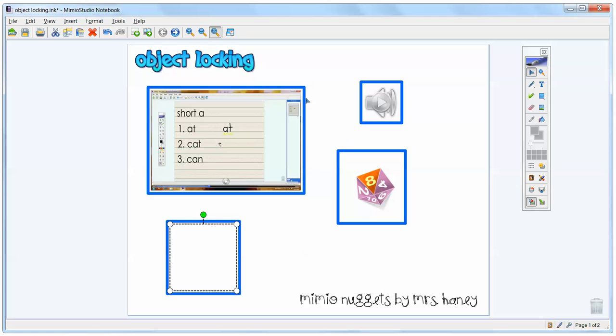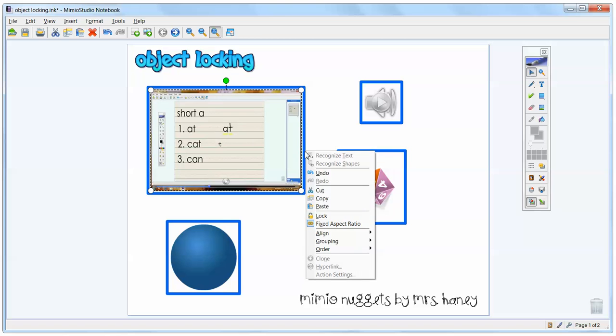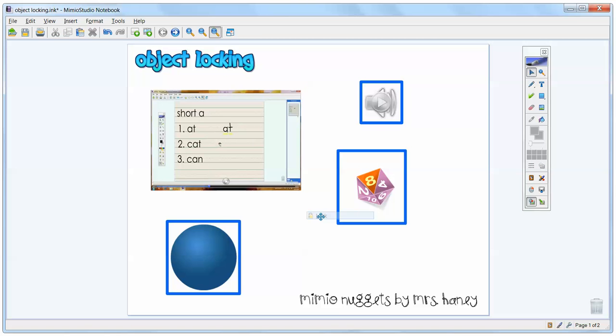And if you're like me, I don't necessarily like that blue border coming in. I want to be able to lock it down so it's not going to move. Well, I can lock down objects one of two ways. I can right-click on that object and then go down to lock and lock a single object, or I can do a mass highlight